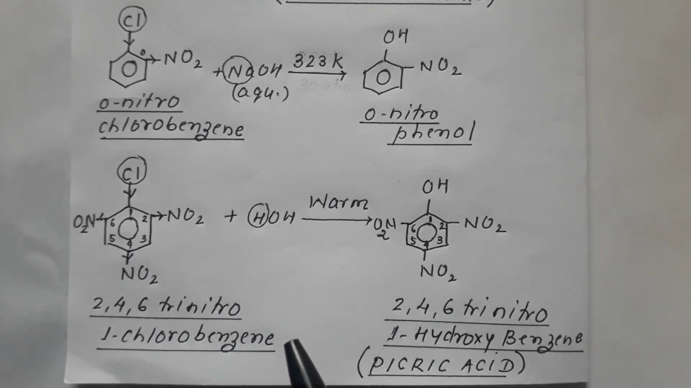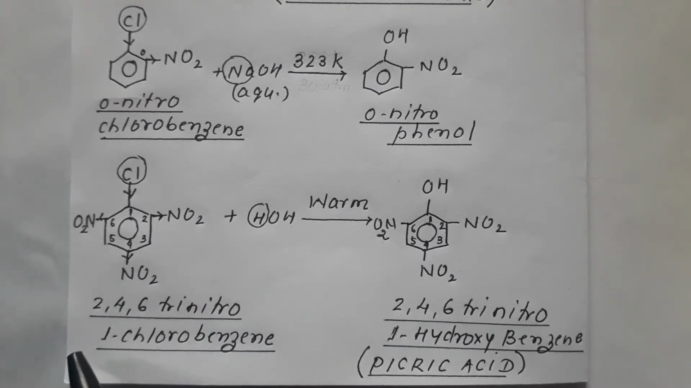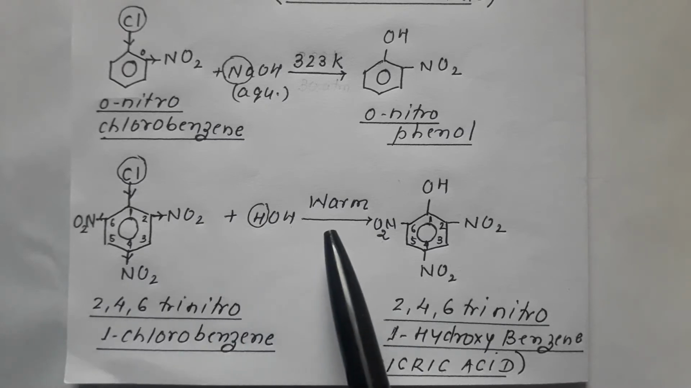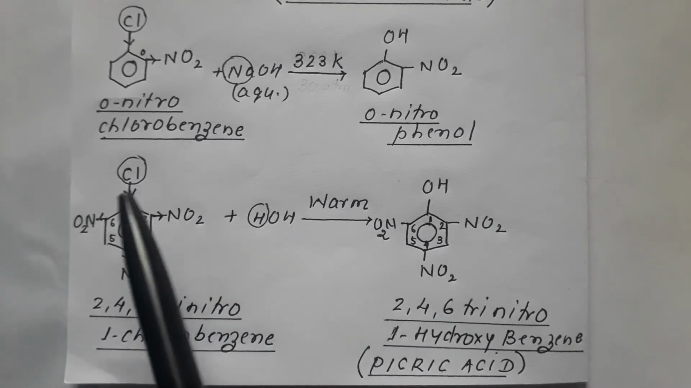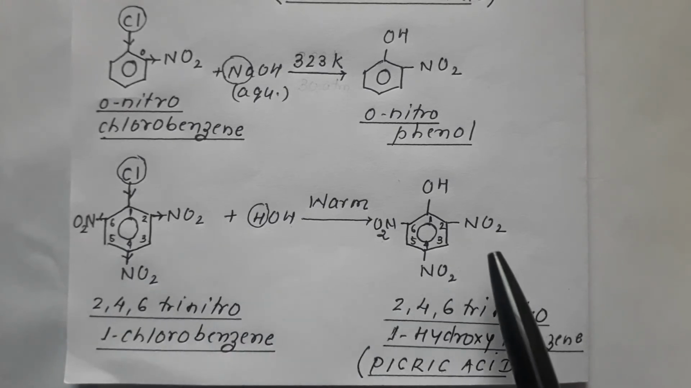NaOH is a highly reactive reagent. Chlorobenzene was unable to react with NaOH under room conditions, but when we install 3 electron withdrawing groups, this compound is even capable of reacting with water only on warming. H from here, Cl from here goes in the form of HCl. OH comes on the ring, resulting in formation of